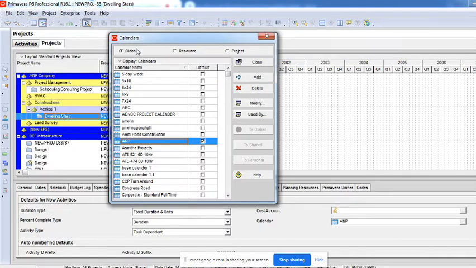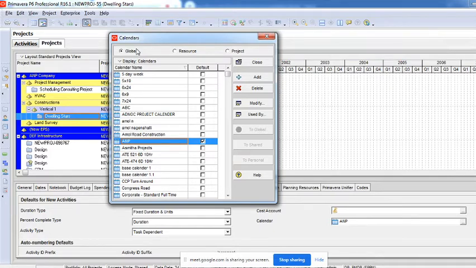Types of calendars could be a project calendar, a resource calendar, an activity calendar. So that could be types of calendars. I do not call it types here. I call them categories under which you can create. So there are 3 categories under which you can create. If you create a calendar under the category called global, then that particular calendar can be used by anybody, across any EPS.